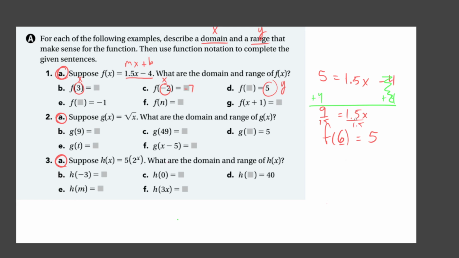So I know my input, if I input 6 into this function, I'm going to get the number 5. So this answer here is 6. This pattern you're going to follow basically all the way through. Okay? With these two, because it does get a little bit weird towards the bottom,